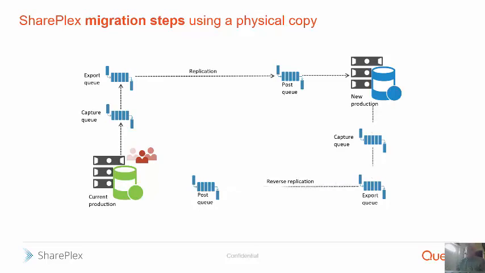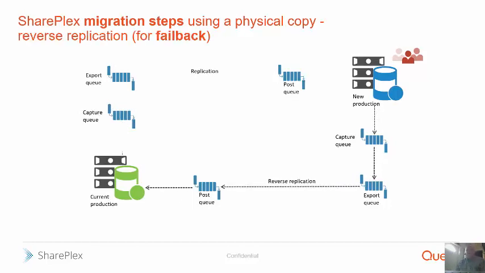Once you're ready to actually move the users, you set them up and move them. Move becomes just simply changing DNS or telling people to log into a new system. You get your users over on the new system and you're up and running, replicating back to your old system in case you need it. Heaven forbid you have to fall back. You simply tell your users to move back to the old environment and put them back there. No harm, no foul. You haven't lost any transactions. You've got all those transactions applied on the old system, and you can live to fight another day and try it again later. You can also test in that new environment and make sure that you don't have to fail back. But if you do need to fail back, that option is there for you and available.